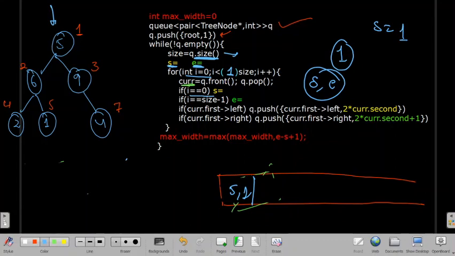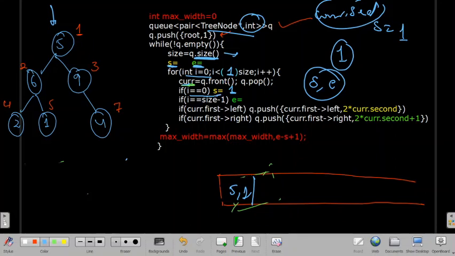So if we are at this node, we'll see that yes, it is a starting index. So we'll assign starting index equals to 1, that is because we are storing in pair, so this will be my index. If this is stored in current, I will write current dot second. Current dot second will be my result, stored in starting index, that is 1.